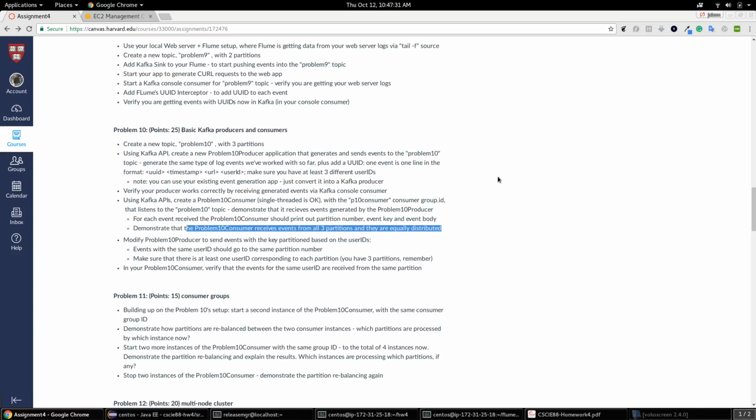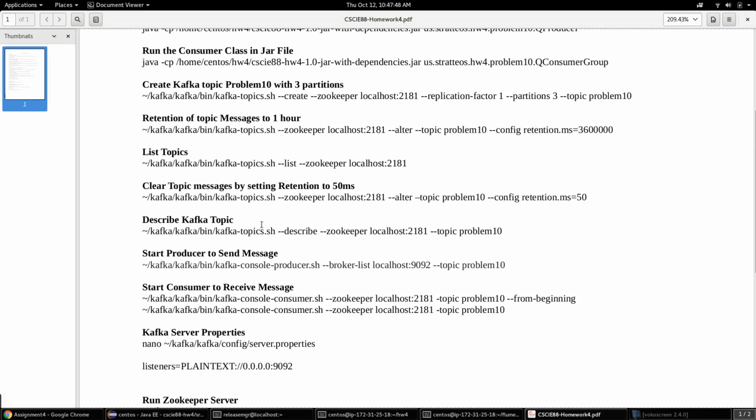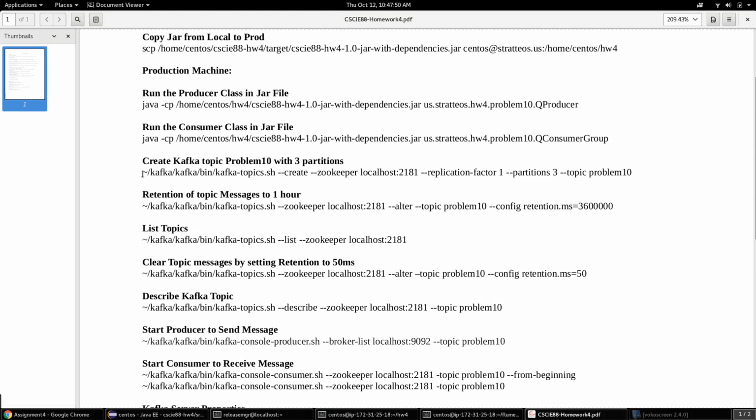Hi, this is homework for problem 10. So we're going to do a solution for the basic Kafka producers and consumers. First we're going to create a topic with 3 partitions, and I've already created this topic named problem 10 using this command